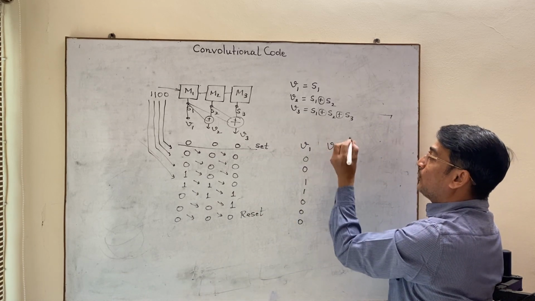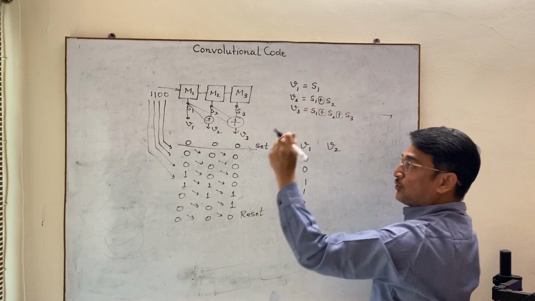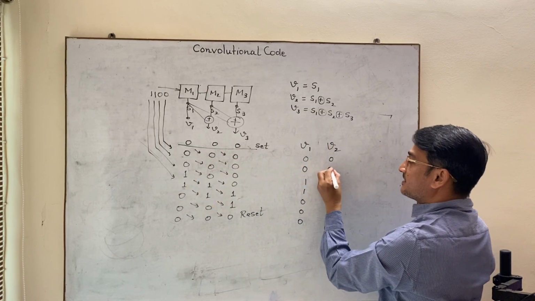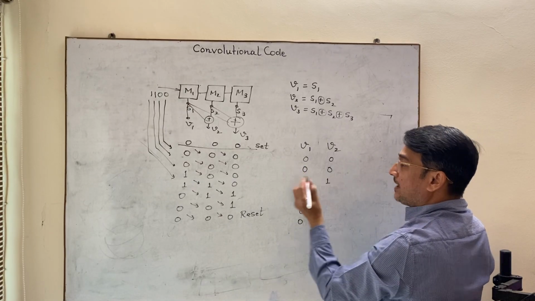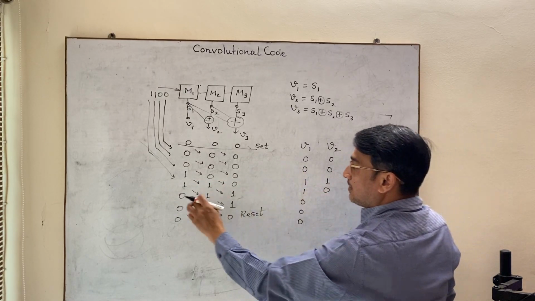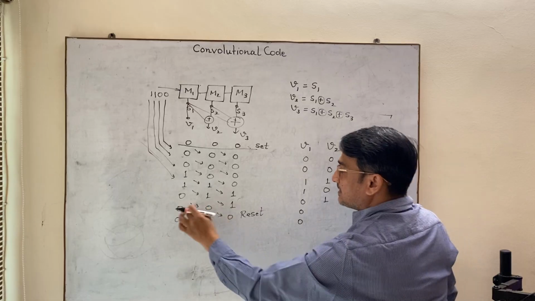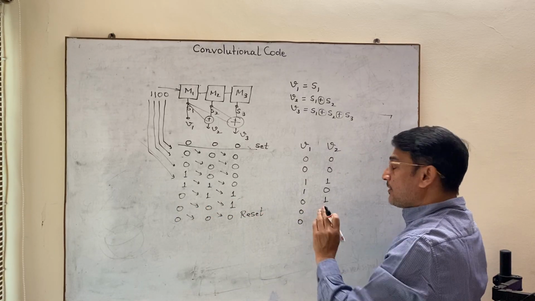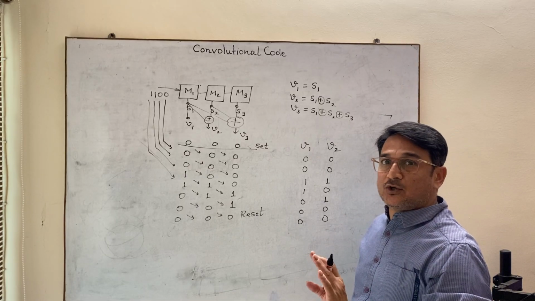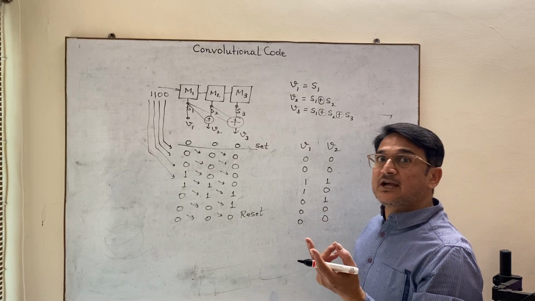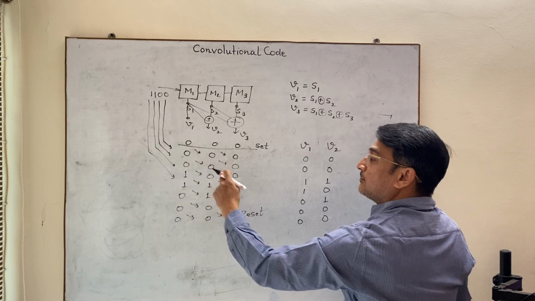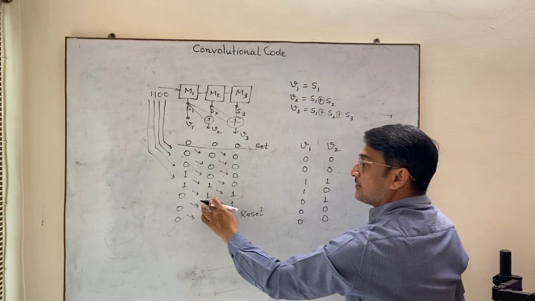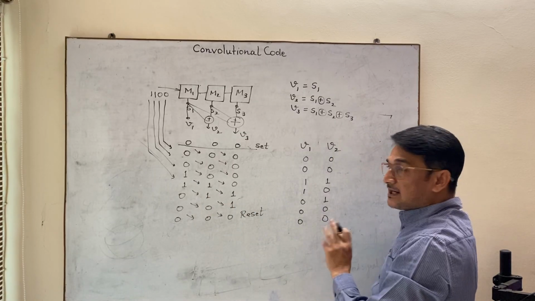Then I will take V2. V2 is S1 XOR S2. 0 XOR 0 is 0. 0 XOR 0 is 0. 1 XOR 0 is 1. 1 XOR 1 is 0. 0 XOR 1 is 1. 0 XOR 0 is 0 and 0 XOR 0 is 0. You know XORing: when you XOR two same bits the output is 0, and when you XOR two different bits the output is 1. So only at these points the bits are different, one is 1, one is 0. So it is 1 and then it is 0, it is 1, again here it is 1, rest are